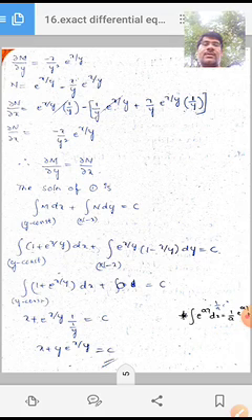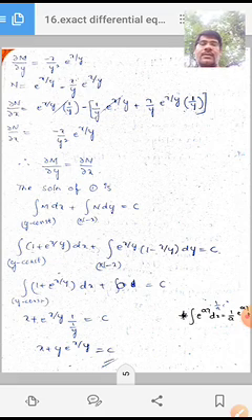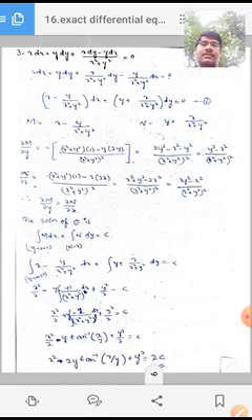∂M/∂y is equal to ∂N/∂x is satisfied. Next we have to integrate it. Here in N, all the terms involve x, so that is 0. There is no term in N to integrate with respect to y, so directly we integrate M. That result is the solution of the given differential equation.